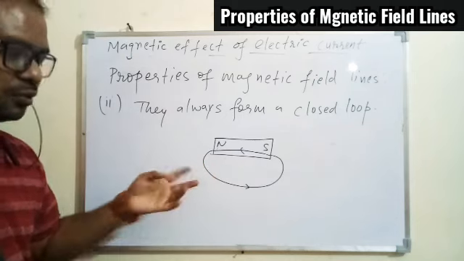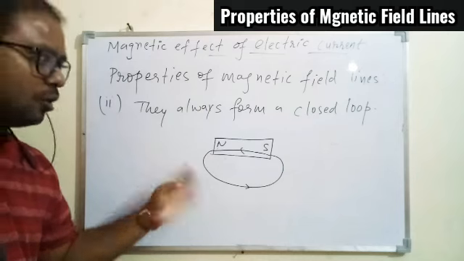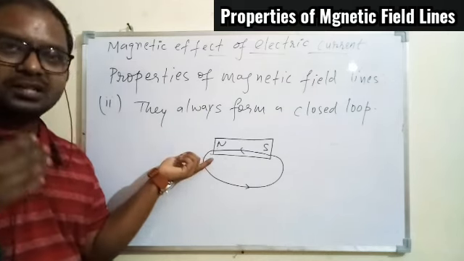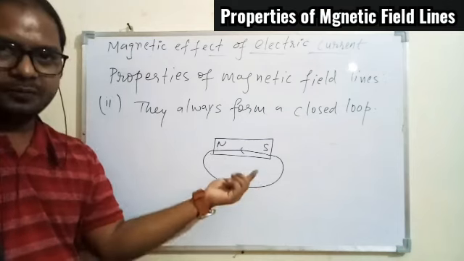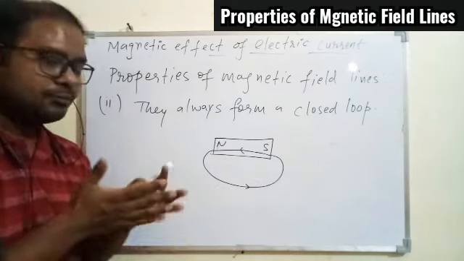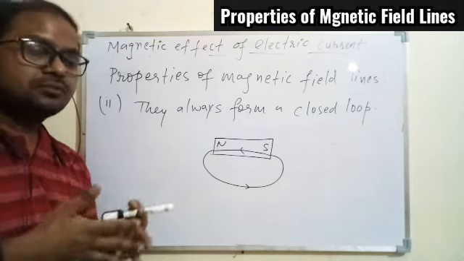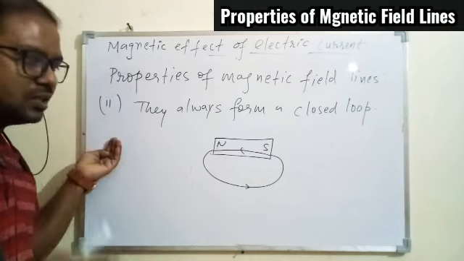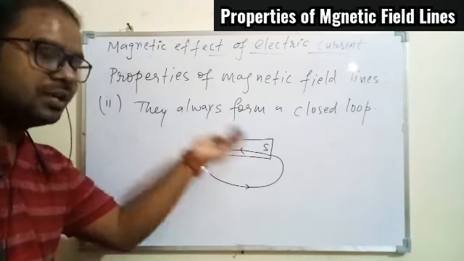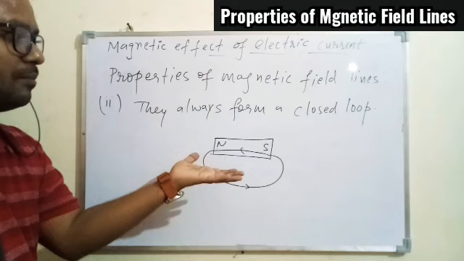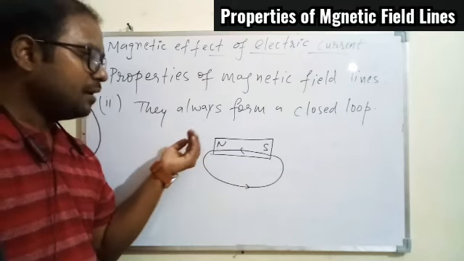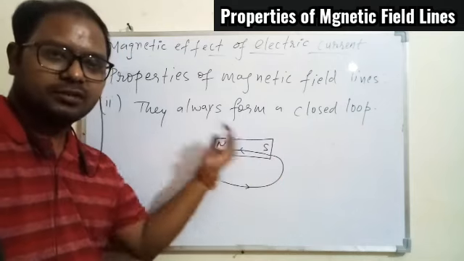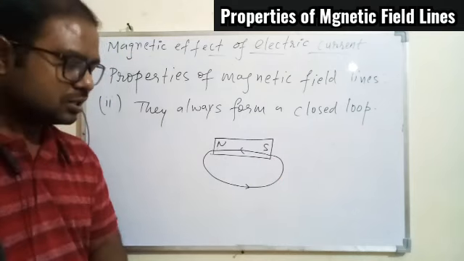So from here we can understand two things. It forms a closed loop all the time. And why does it form a closed loop? Because if the magnetic field line starts at the north, it has to come to the south. For any magnet we have two poles, north and south. Since a monopole is not possible, we cannot have a field line just moving straight. It has to terminate at the south pole. So since any magnet has two poles, magnetic field lines always start from the north and come back to the south, and hence it always forms a closed loop. That is what we understand here.